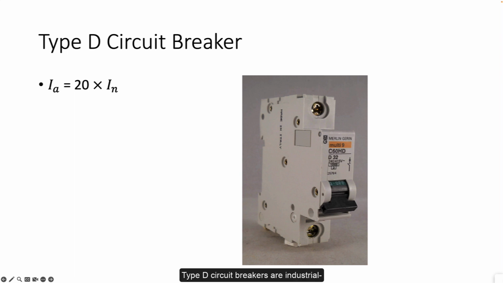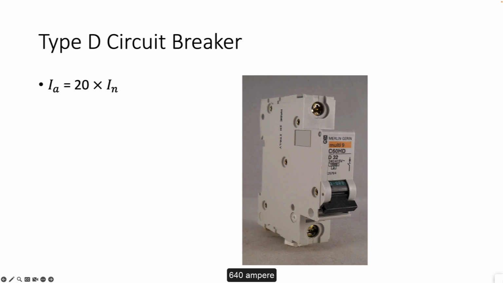Type D circuit breakers are industrial grade units specified for applications where there are large inrush currents. Such applications include industrial motors, X-ray units, and other equipment that may experience a significant inrush current during operation. For example, for a 32 ampere Type D circuit breaker, the magnetic trip could be set at